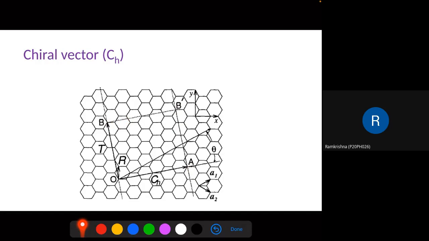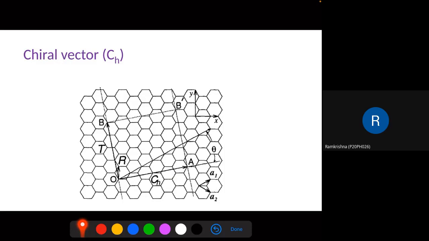which you basically fold to create your nanotube. And so this OB vector will define the tube axis, right? And this OA, the chiral vector, will define your circumference. And the most critical part here is this OA vector, or this chiral vector. And see, this chiral vector has a different orientation, it is different from your lattice vectors a1 and a2 of your hexagonal unit cell of this graphene sheet,